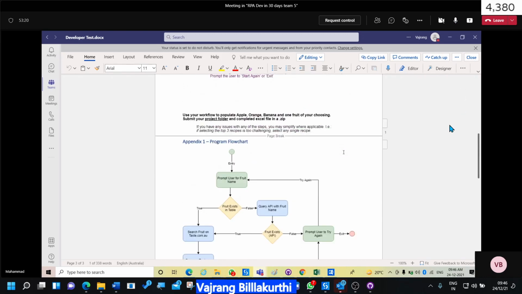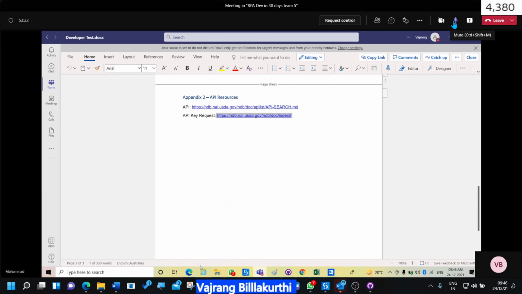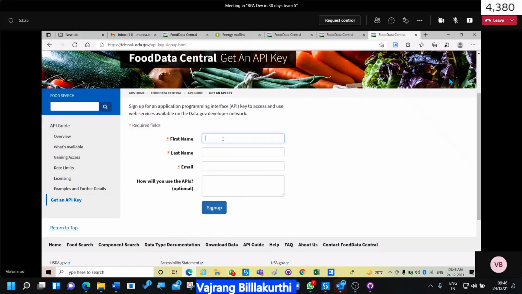That's what they said in the first thing, right? So once we register, we'll get the API key. Okay.